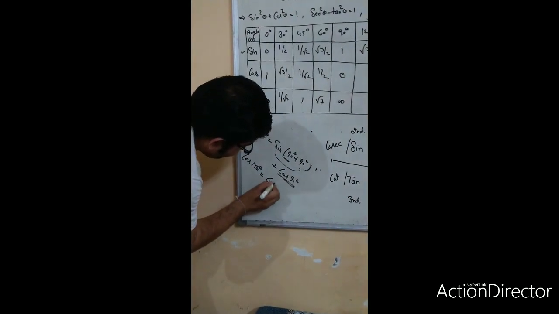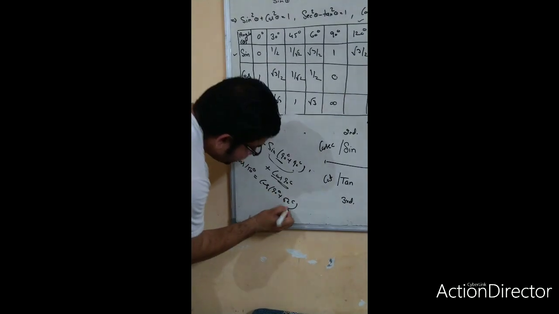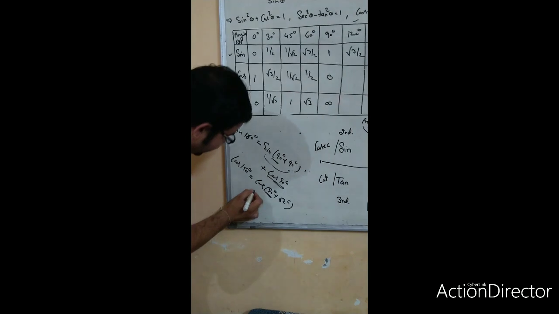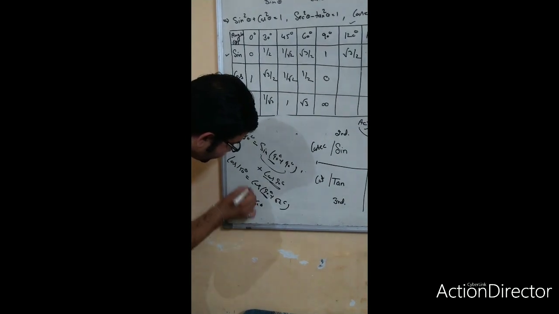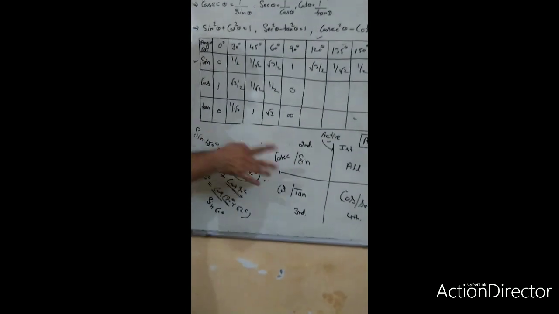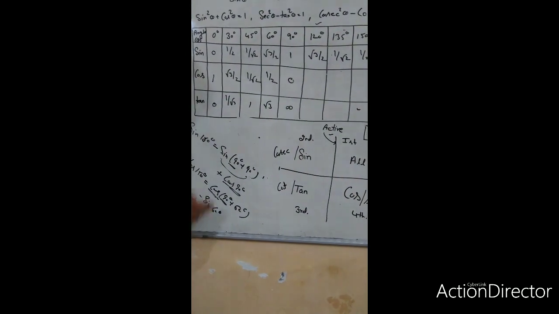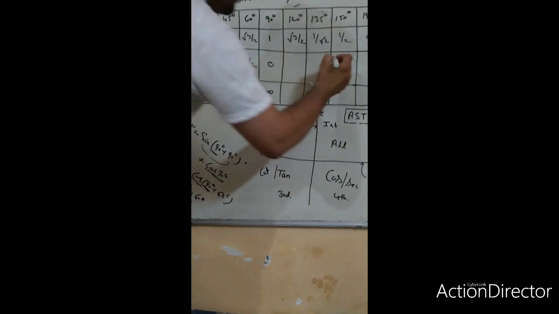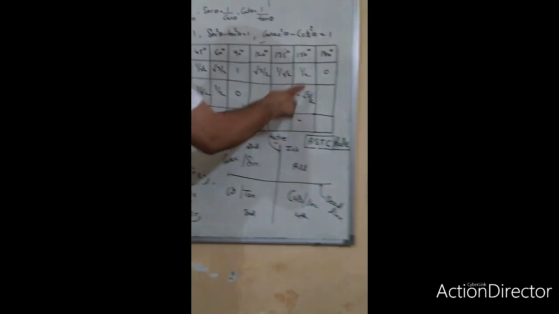Let us check. Cos 150 we find first. Cos 150 means cos of 90 plus 60. At that time we cross the active line, which means the cofactor changes, that is sin. Sin 60. You have to take the sign of cos. In the second quadrant, cos is not there; only sine and cosecant are positive. Rest means this is negative. You have to put negative here. Sine 60 here is root 3 by 2. That means the answer will be minus root 3 by 2. You have to put that answer here. Minus root 3 by 2. Now divide these two. 2 and 2 cancel out.